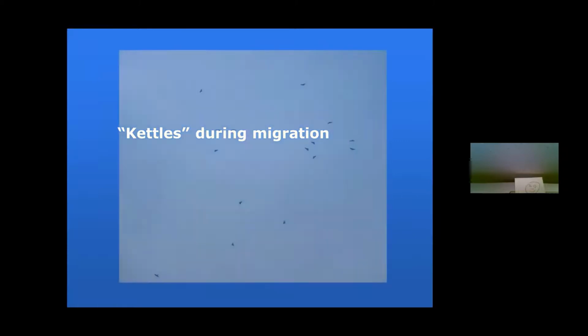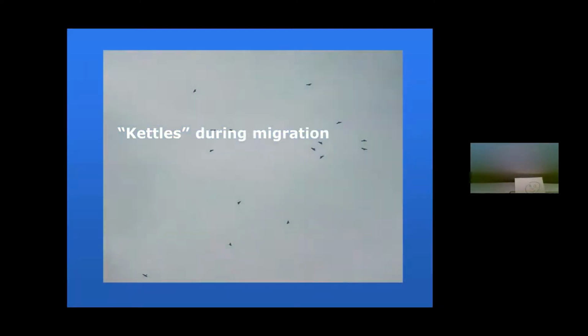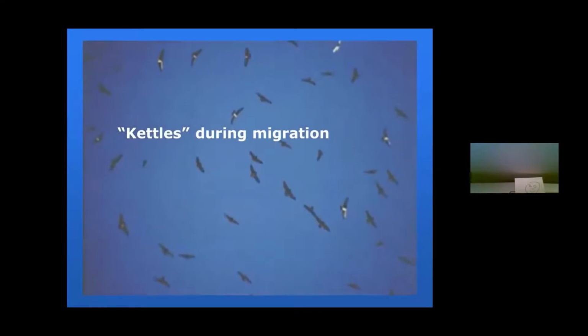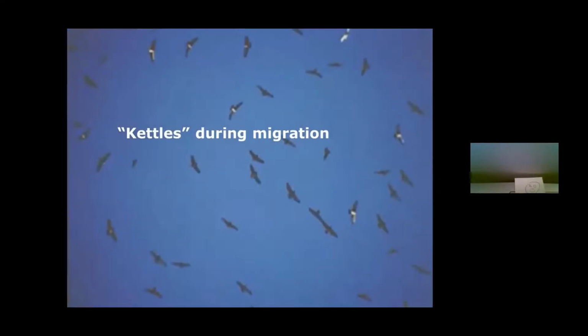So these are the birds that are known to kettle. When they kettle and catch updrafts and thermals on migration, it's a beautiful sight to behold, hundreds of broad-winged hawks kettling during migration. The peak of migration in our area, I would say for here, is between September 10th and probably the 24th of September. Those two weeks. You get a two-week window where it just peaks and then just falls off a cliff.